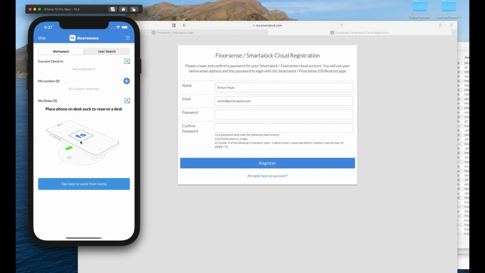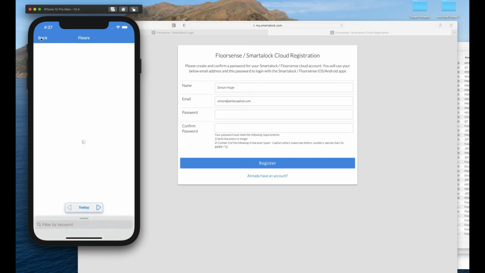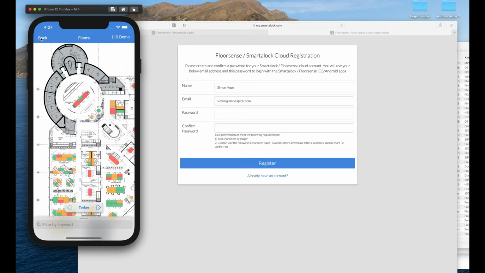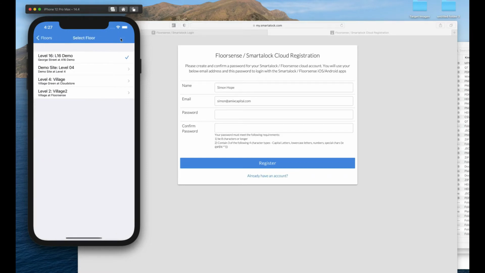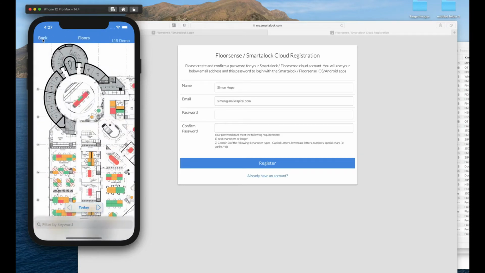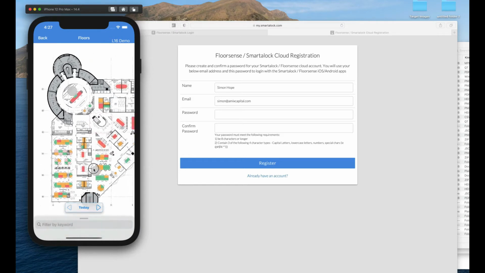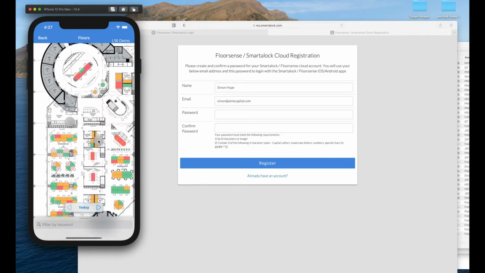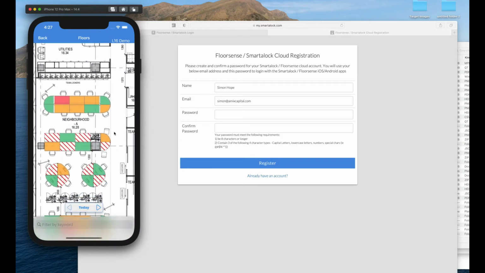Typically though, people want to choose a desk from the floor plan and they want to pre-book one. So in this case, we tap on the map, top left, and it's going to bring up our default floor plan, the last one that we used. And on the right here, we can navigate to different floors or buildings. Use the pinch to zoom in and out,